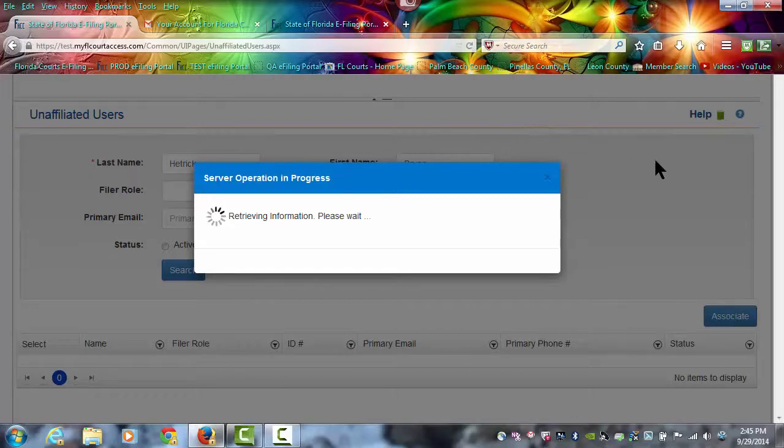This would be a simple way for you to move an attorney from one law firm to another. You simply pull up by the last name, and then it will allow you to add that person to your